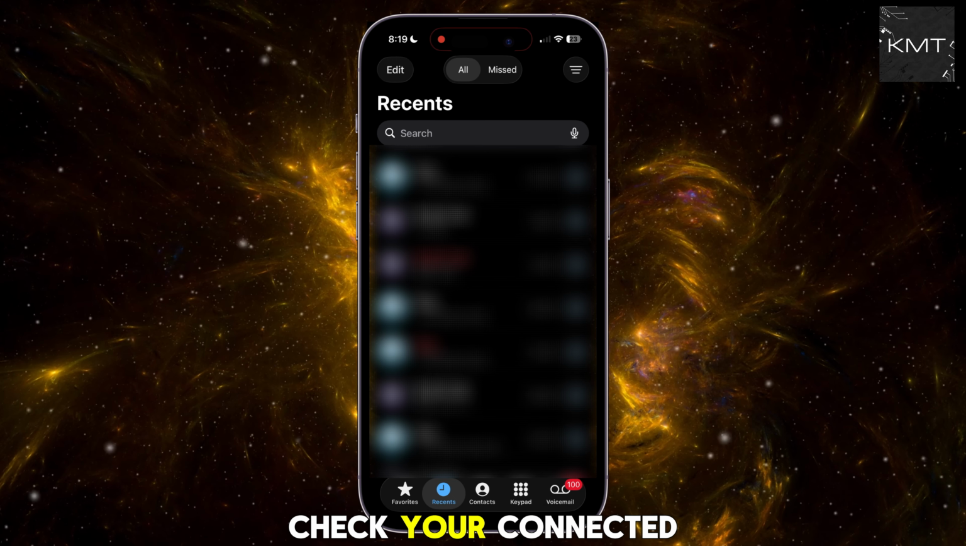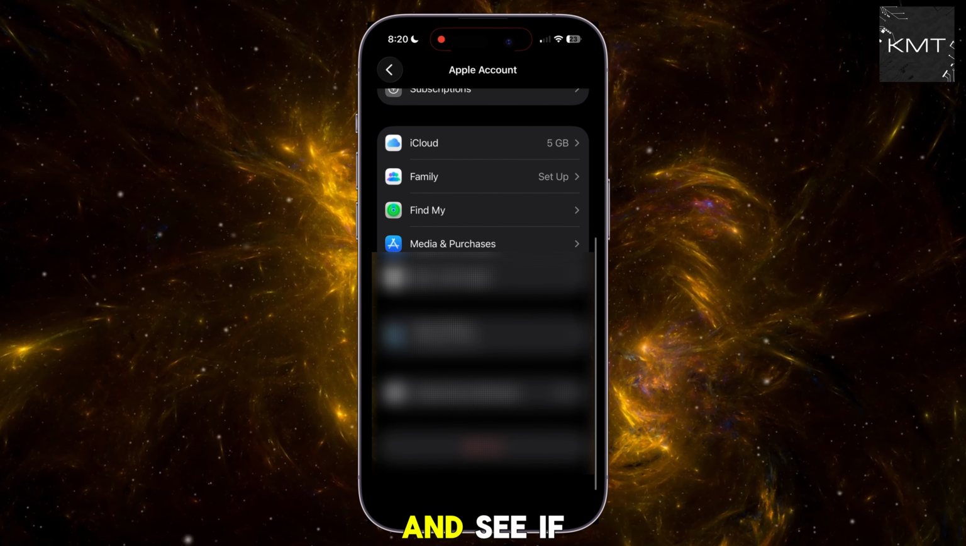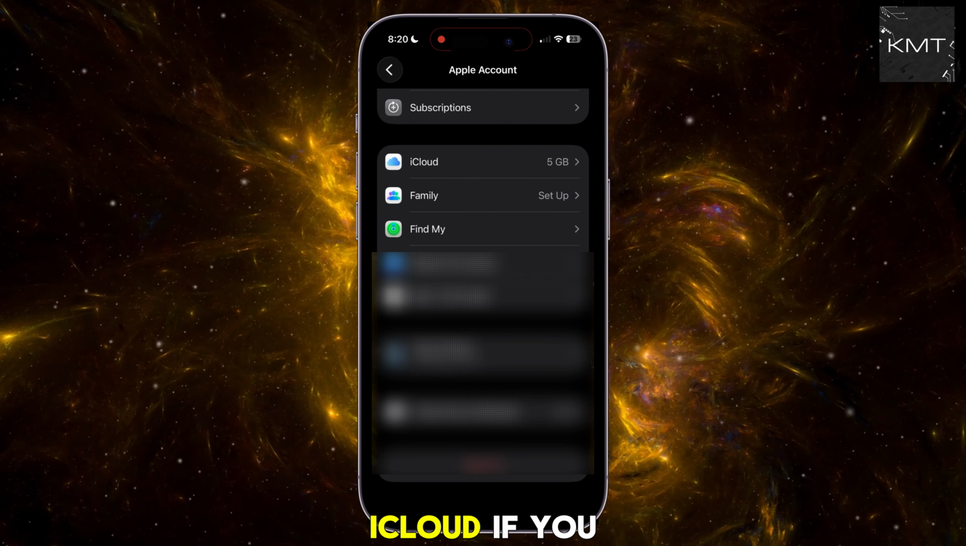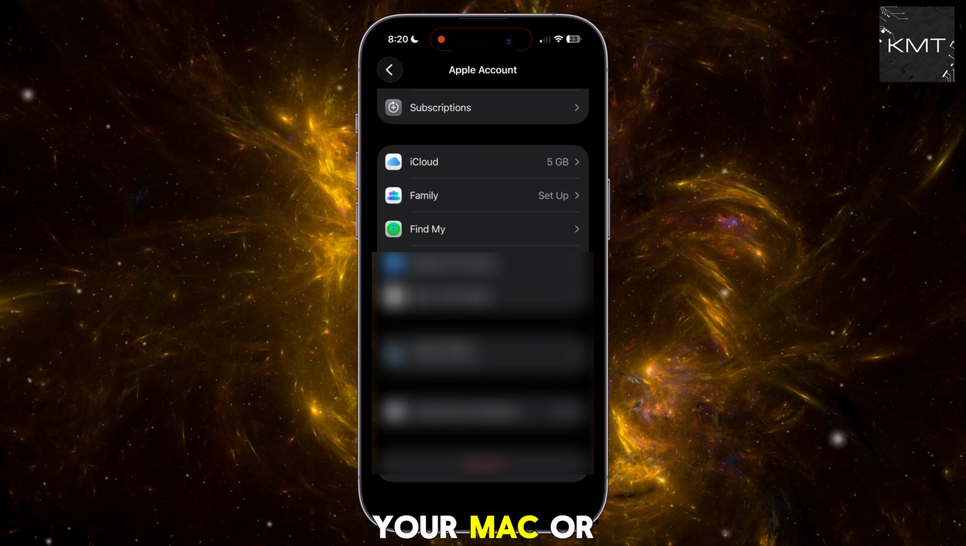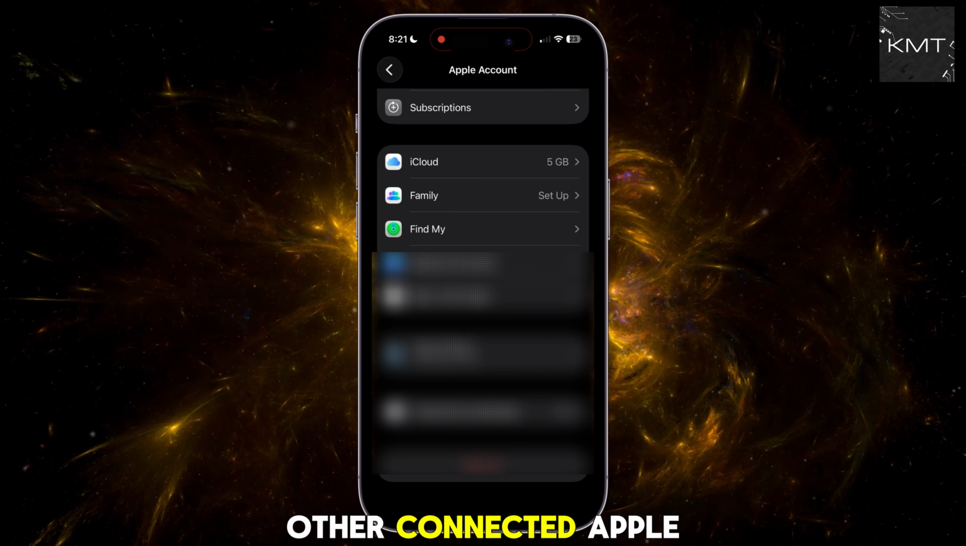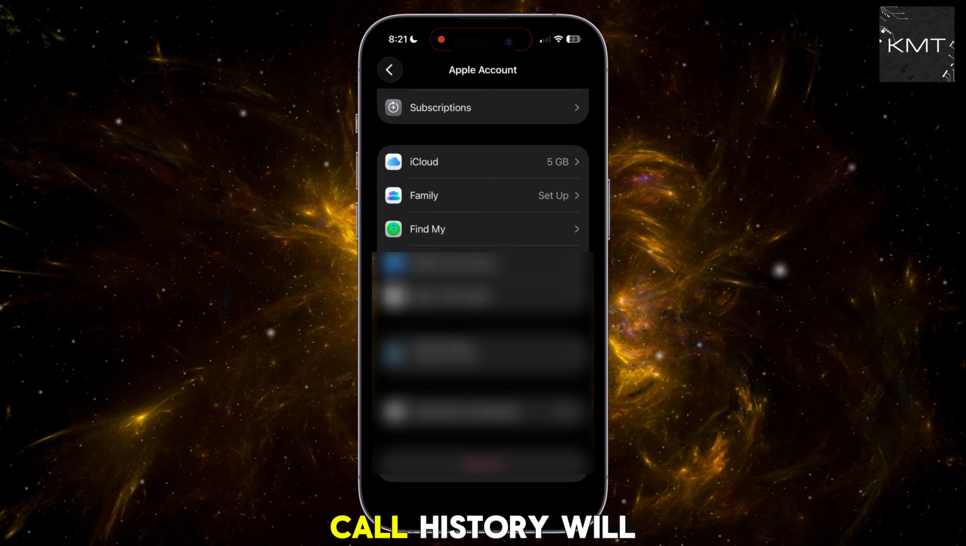Method number 1, checking your connected Apple devices. Open your iPhone settings, tap on your profile at the very top, scroll down and see if you have other devices connected to your iCloud. If you do, you may have your phone call showing up on your Mac or iPad, or any other connected Apple devices. Simply grab that second device, open the FaceTime or phone app, and your deleted call history will still be sitting